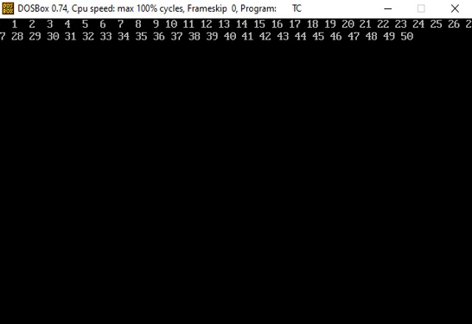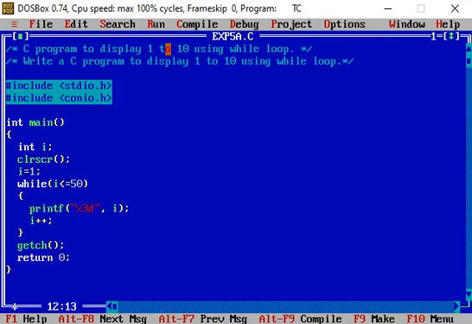So for any number range you want to print, just change the condition, and this can be done. Now to go to the coding screen, press any key on the keyboard, and the coding window is seen. Now instead of printing the numbers